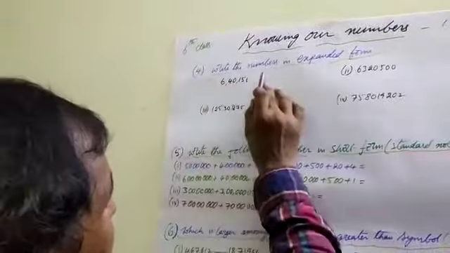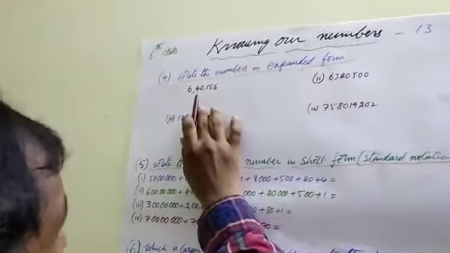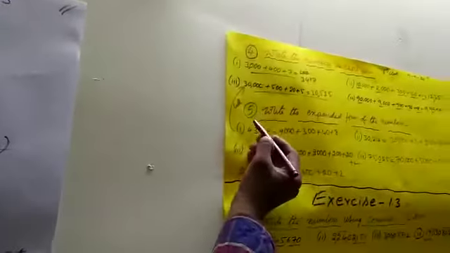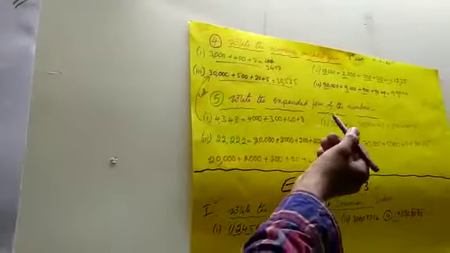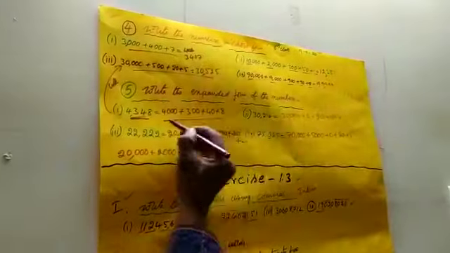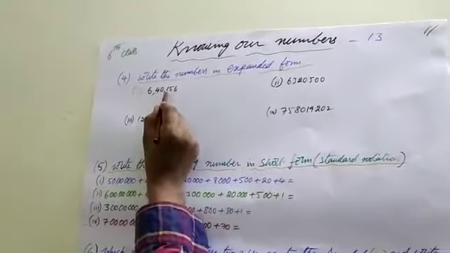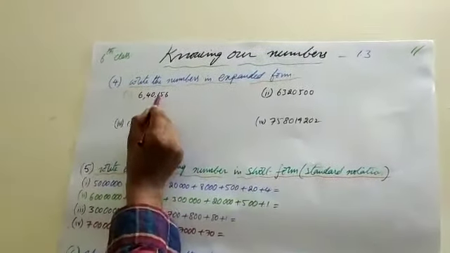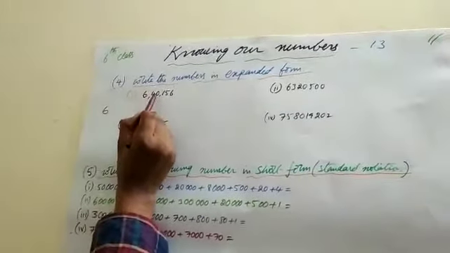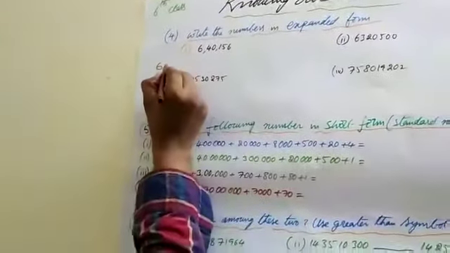Use the fourth row. Write the numbers in expanded form. What is expanded form? We discussed it before. Fifth Roman: you write the expanded form. Take a number and write it in expanded form like this. First of all, divide the number with commas. Therefore, 6,40,156. 6 lakhs, for example 6, after how many digits? 1, 2, 3, 4, 5: 5 zeros.